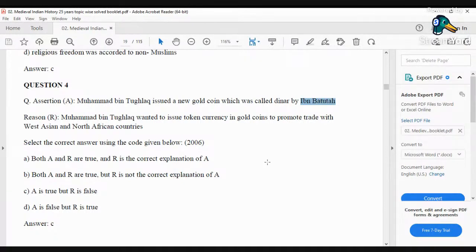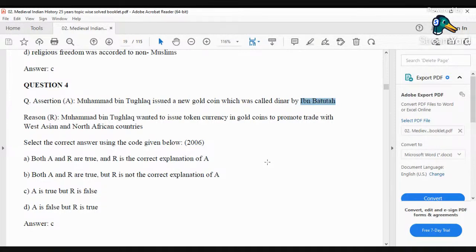For example, a 100 rupee note. In the case of a 100 rupee note, the intrinsic value would be lesser than 100 rupees. So 100 becomes the face value, but the intrinsic value is much lesser. Muhammad bin Tughlaq was trying to do something like this. So naturally, he could not have issued token currency in gold coins. That is common sense. He must have issued token currency in a metal